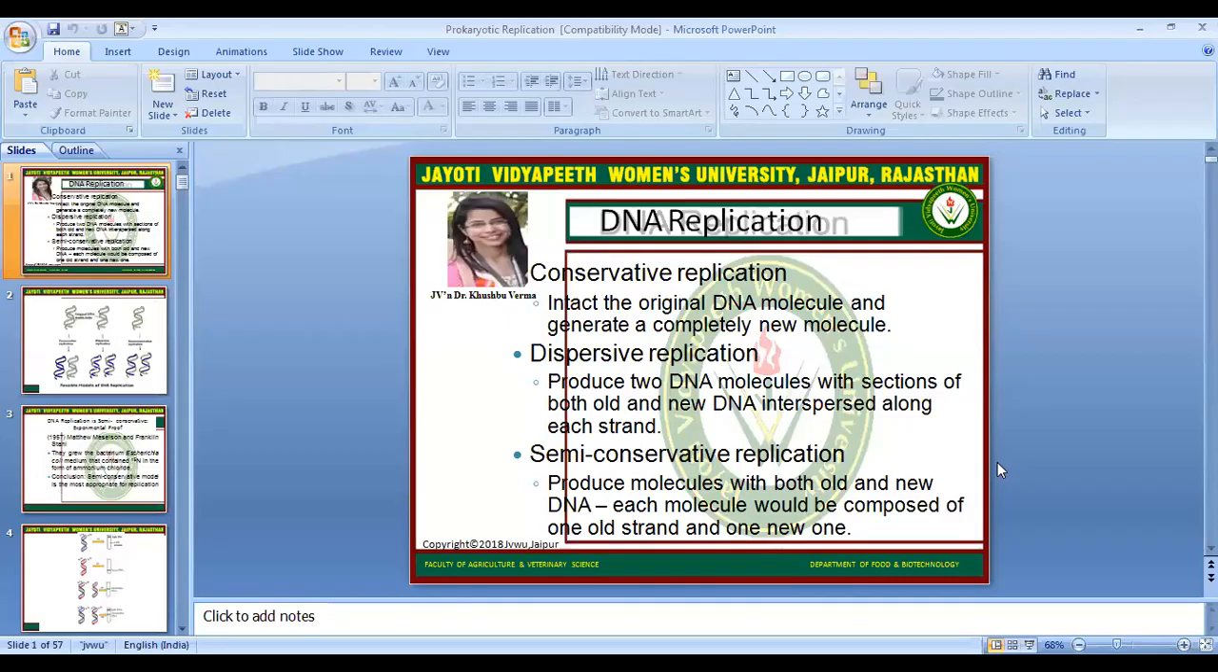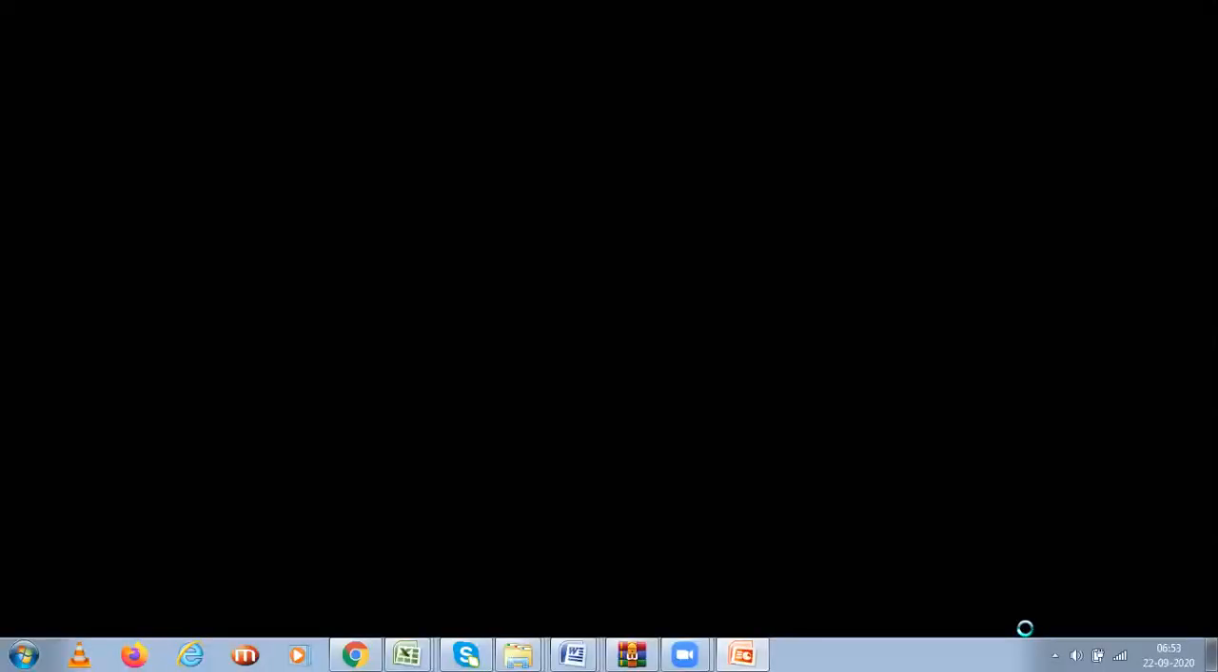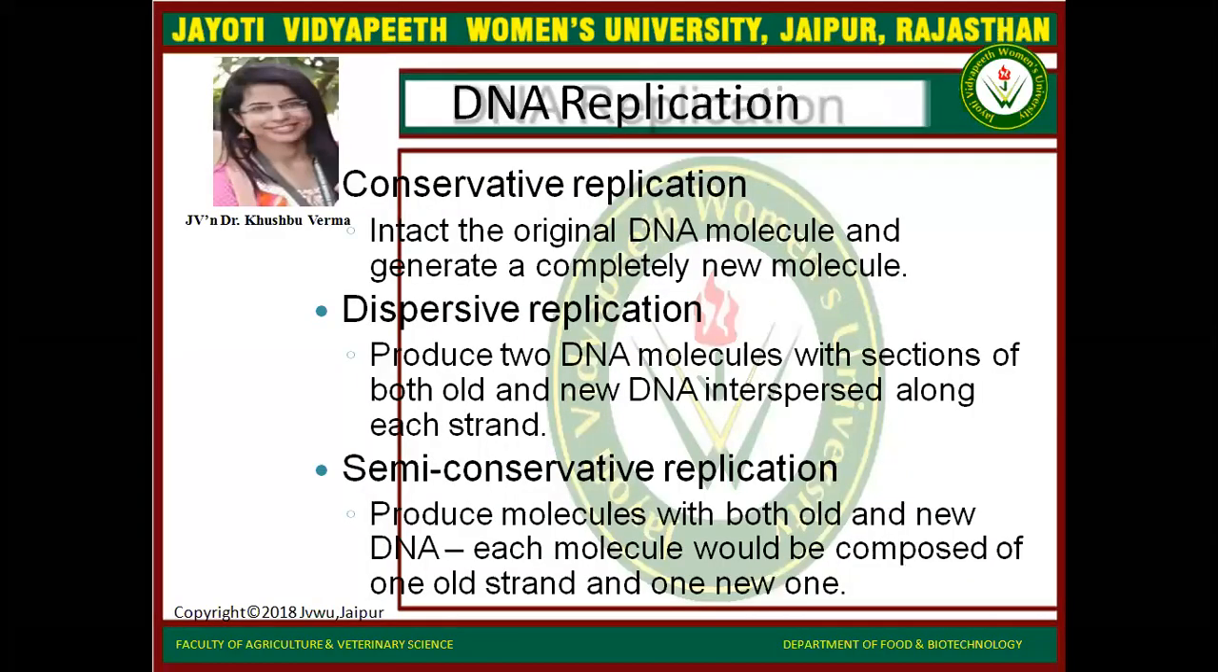Today we will discuss the prokaryotic replication process. Before going into specialization in prokaryotic replication, first of all we have to know some terms about the DNA replication